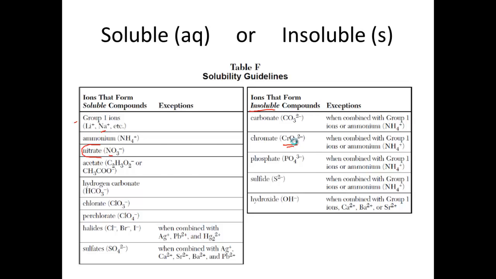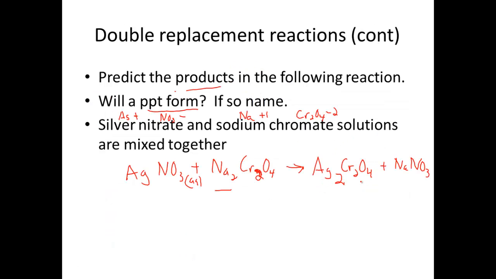So silver chromate is going to be our solid formed, and sodium nitrate will be our aqueous, AQ there. So sodium chromate was aqueous also. So what we're looking at is our precipitate formed, silver chromate. And to finish out, balancing the chemical